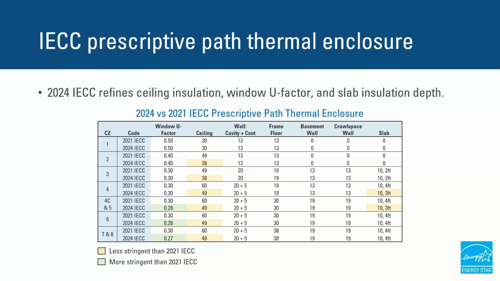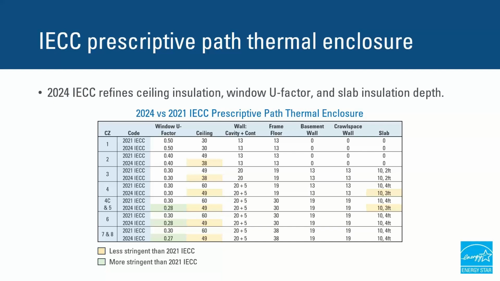In the 2024 IECC, the thermal enclosure has been refined somewhat relative to the 2021 IECC. In most climate zones, the ceiling insulation has decreased one increment, and in just climate zones 4 and 5, the slab insulation depth has decreased by 1 foot. And in the colder climate zones, the window U factors have improved somewhat. Our best estimate is that the overall change in UA is plus or minus about 1.5% relative to the 2021